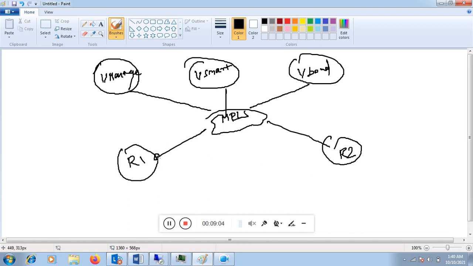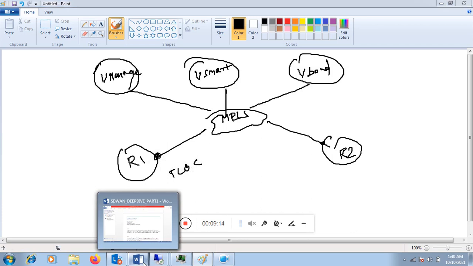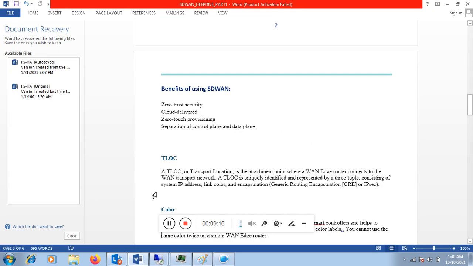The port of the router R1 or R2 that is connected to the transport is called a T-loc, that is, the transport location. A T-loc is an attachment point where WAN edge routers connect to the WAN transport network. A T-loc is uniquely identified, represented by a three-tuple consisting of system IP address, link color, and the encapsulation.